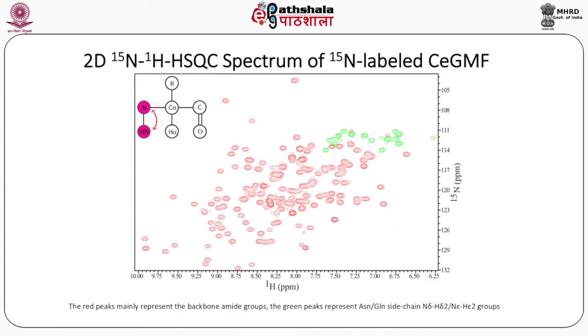Normally, from 7 to 8.5 ppm, you get signals for the alpha helical regions of the protein, and the spread beyond this region indicates significant beta sheet character in the protein. The red colored peaks come from the correlation of HN, N as schematically shown with a double direction arrow in the figure. The green peaks are often in pairs, and these come from the side chain CONH2 groups of asparagine and glutamine.